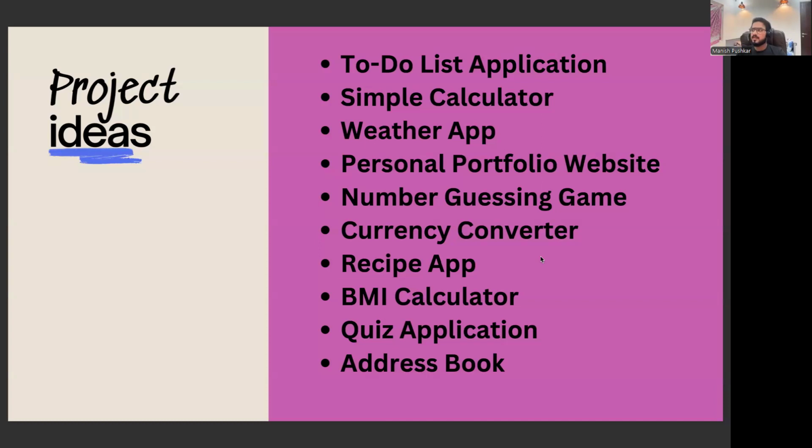There is nothing very fancy about these project ideas which I have listed, and you can build them in any language. For example, if you want to learn Java, you can build a console application in Java. You don't need a fancy UI and everything. You can write code that runs on the console and operates on your terminal. You can build a to-do list application, or a simple calculator. You will learn a lot of things here.